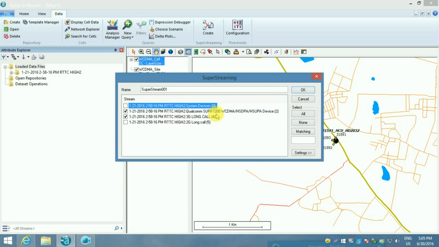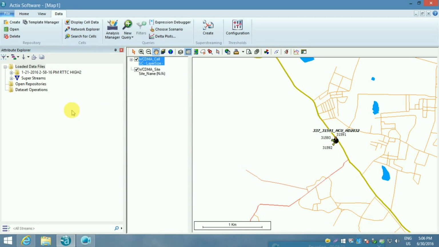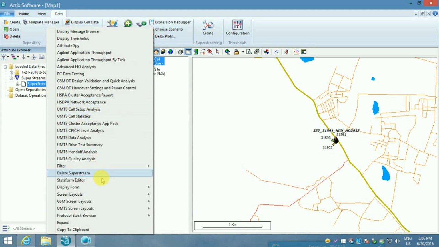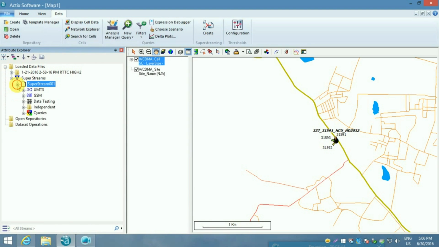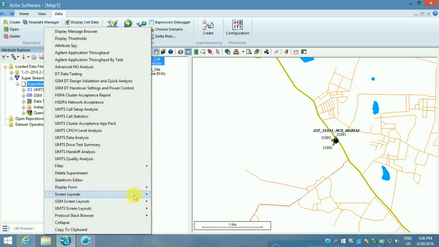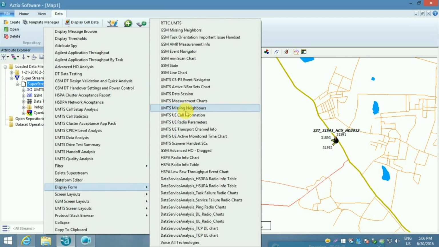Since we conducted the drive test using a device for data write and a device for call service, I select both of them, then click OK. We can see here the SuperStream created.